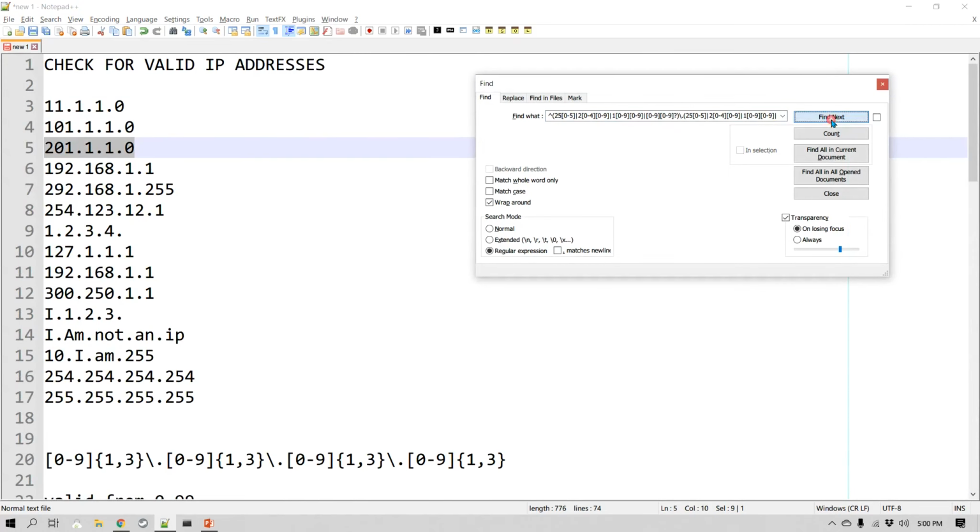Next, that's fine, that's fine. Now it should skip, hopefully. So it did skip. Now the next one should also skip because there are 4 dots, and you can see it did skip that. That's fine. Now because there is a 300 as one of the numbers, it should also not pass. Neither should these next 3 ones because they have some alphabets in them. So it'll go directly to line number 16, and so on.